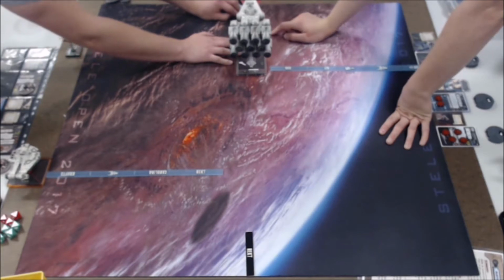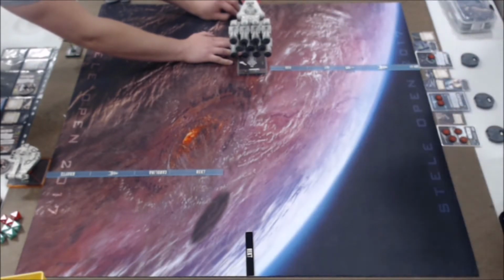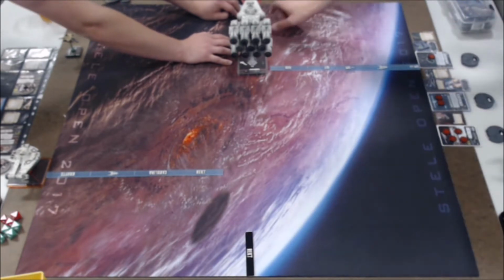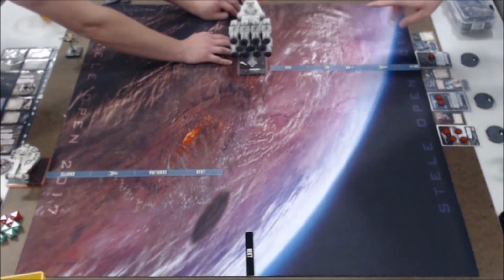Which is actually a good strategy for his list, right? Because he wants as much space with dash as he can. But why does he want that, Chris? What is the objective here? So, oh god, the objective here is...